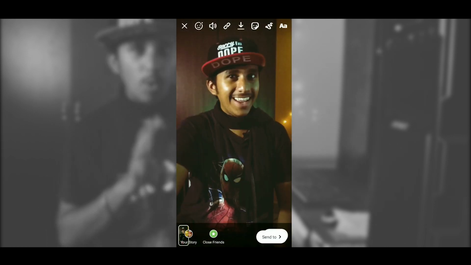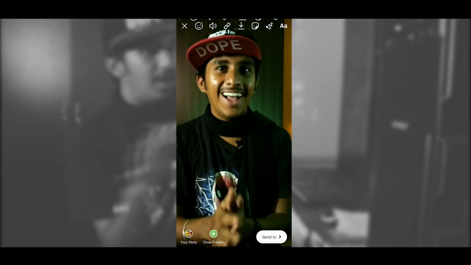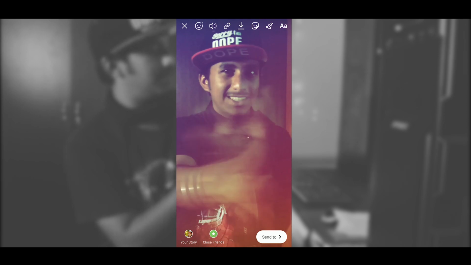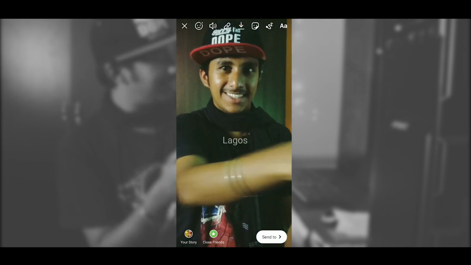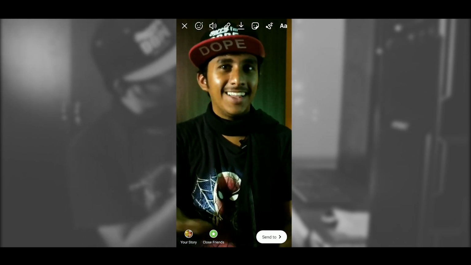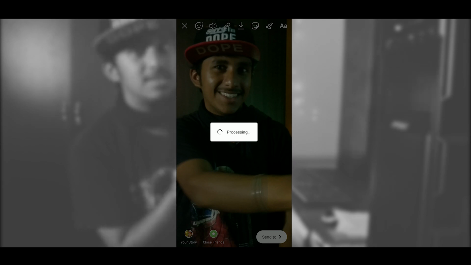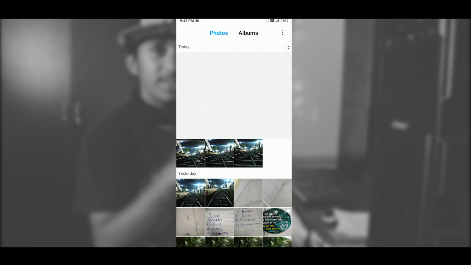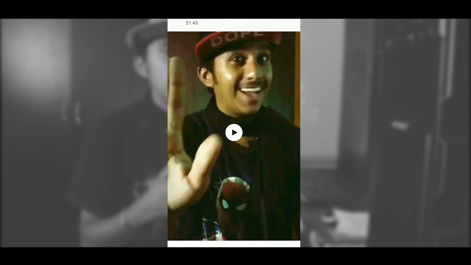So now you just import the screen recorded video into your Instagram story. So as it is a screen record, you will also have the icons at the top and bottom, so zoom it a little bit so that the icons are hidden. And once it's done, you can see the video like you are actually moving the filters of Instagram. So just click on the download button at the top and it will be downloaded. So video will be saved in your gallery. You can just go and check the gallery and the video will be available. Just play it and you will get a result like this.